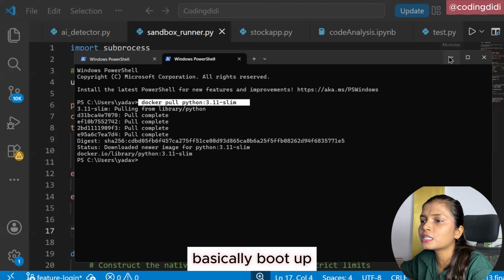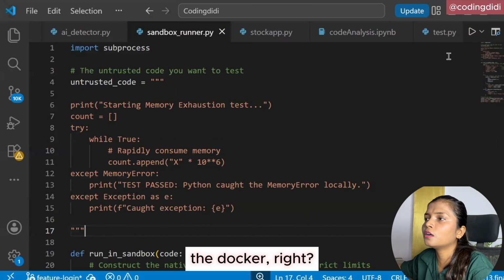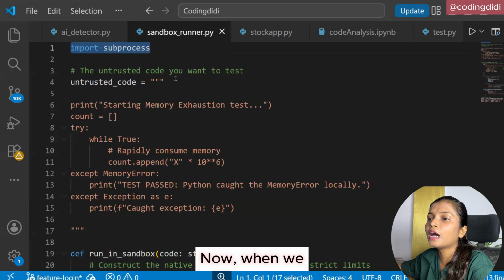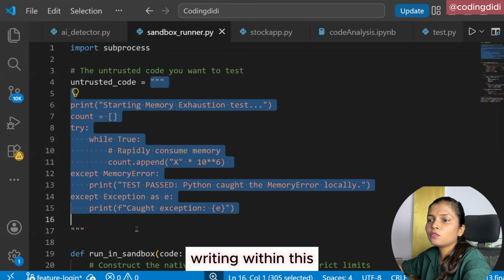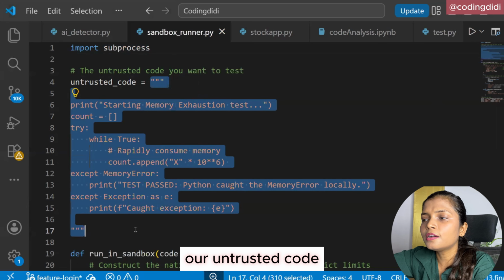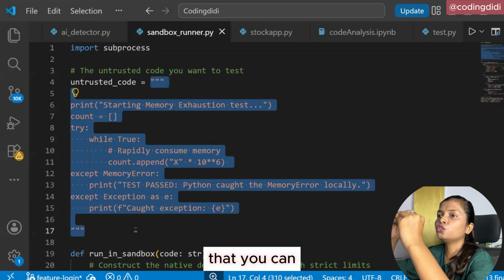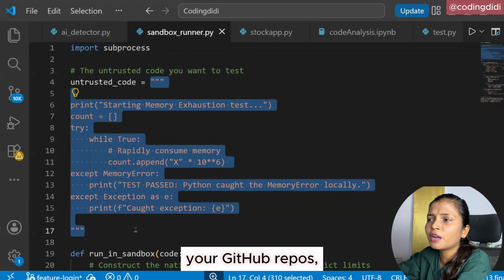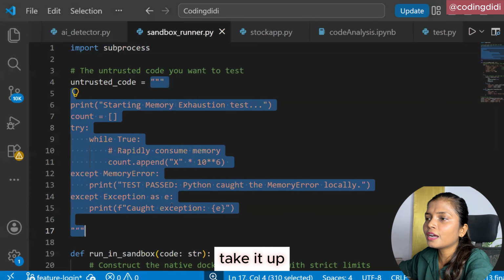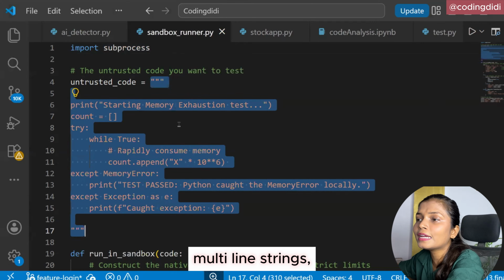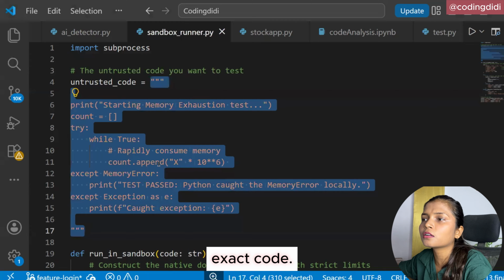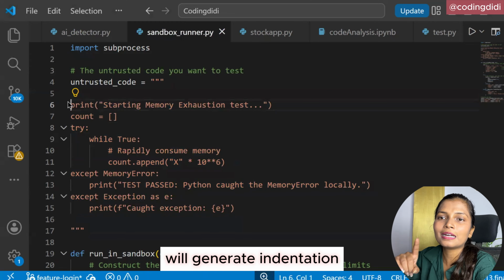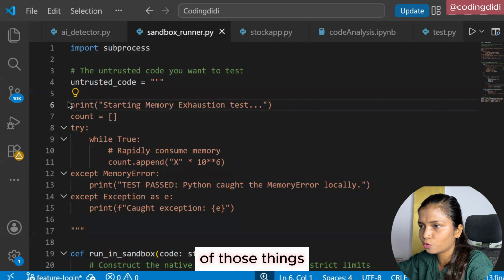We want to boot up Docker, so that is the reason I am using subprocess. Now, whatever we write within the triple quotes is our untrusted code, which you can get from anywhere: the internet, your friend, your GitHub repos. It is a multi-line string containing the exact code. If you add an indent, it will show that this code generates an indentation error. So it will show you all of those things, right?